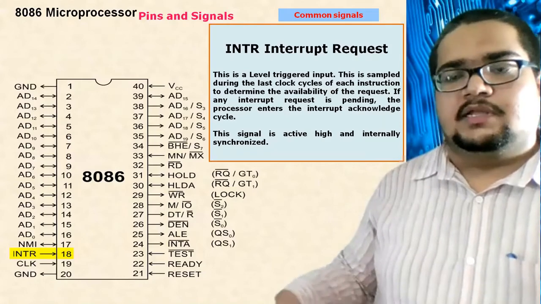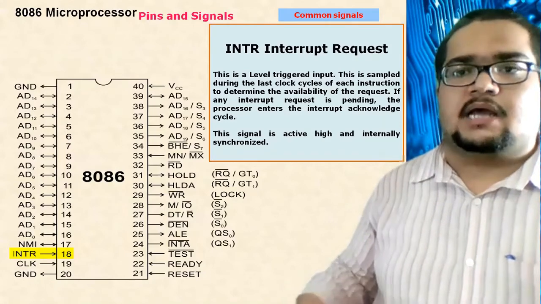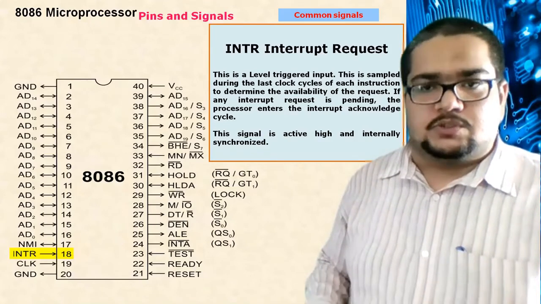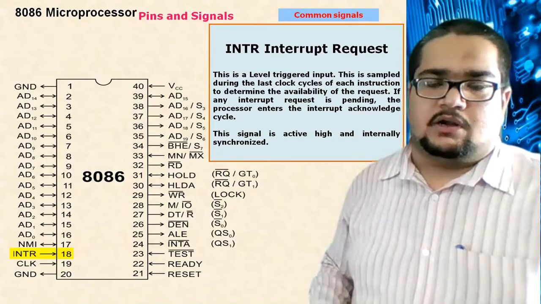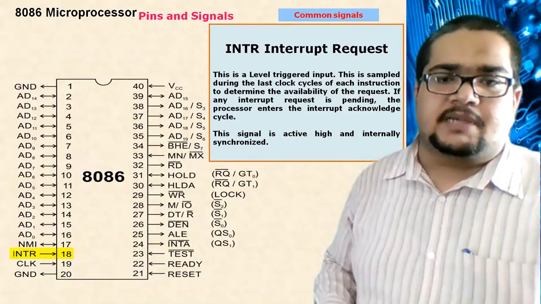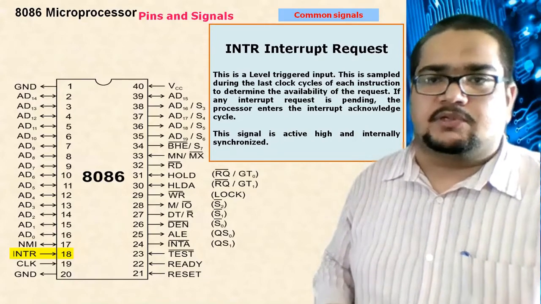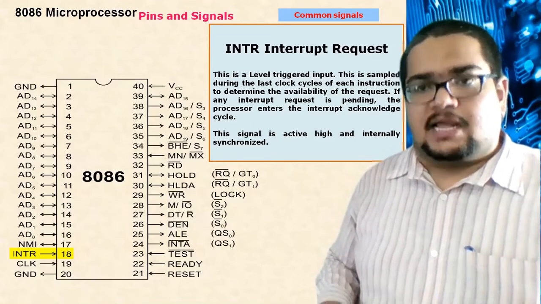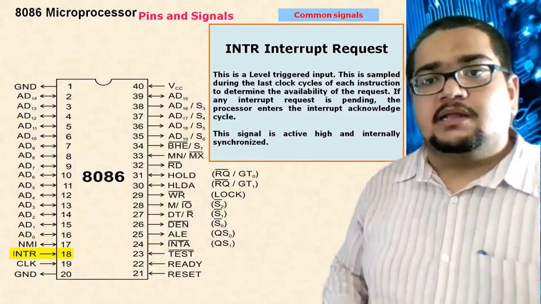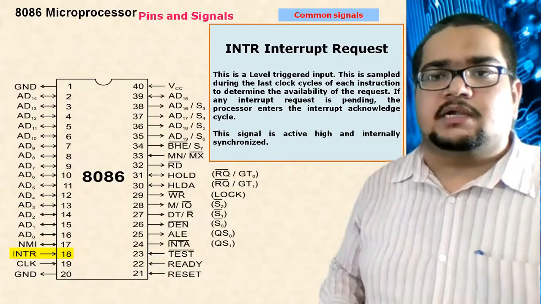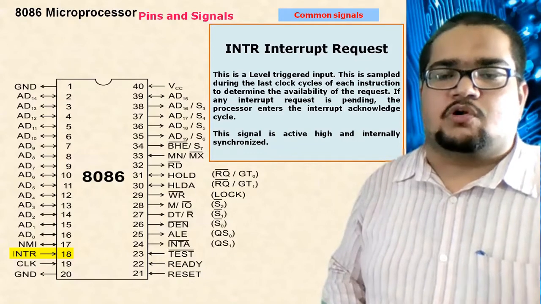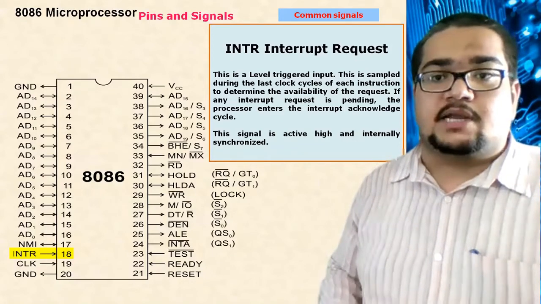So at that time, if the person from whom you borrowed the device comes and asks you to give it back, it is a sort of interruption to your class, right? Interrupts again can be of two types. A normal interrupt request is called a maskable interrupt. This particular pin 18 is the maskable interrupt input. Whereas sometimes, as in the example, your friend from whom you borrowed the device comes and asks for the device back. Those types of interrupts are non-maskable interrupts. You cannot ignore that interrupt. You have to give them back the device they require urgently, because the device is their own.